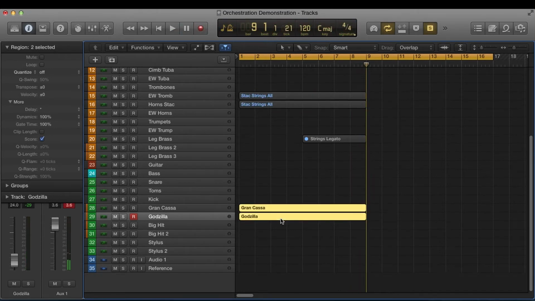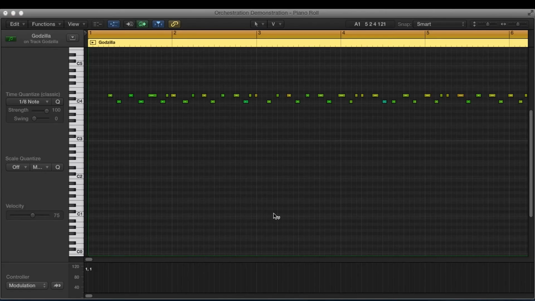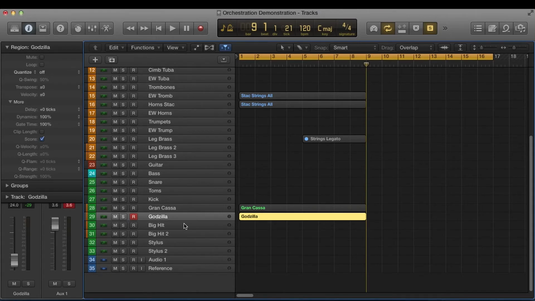Not perfect. I'm trying to move as quickly as possible, but let's see. Let's do 16th notes on these guys. So if we play these back,